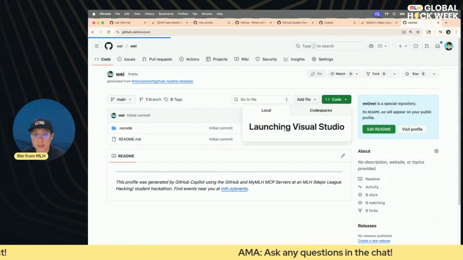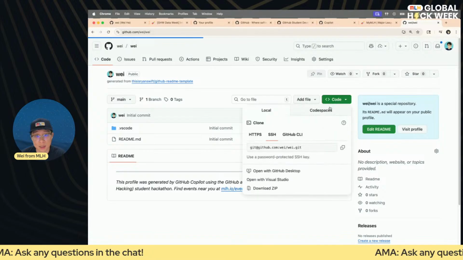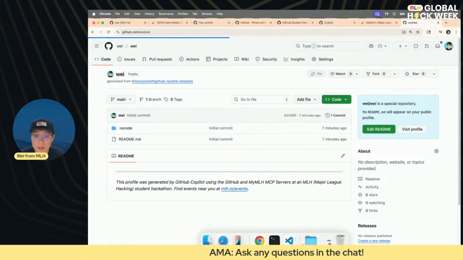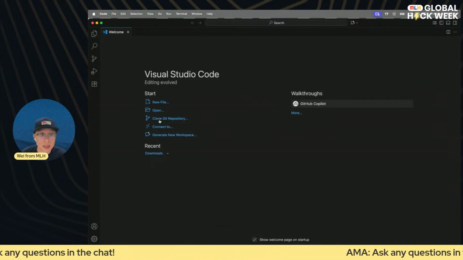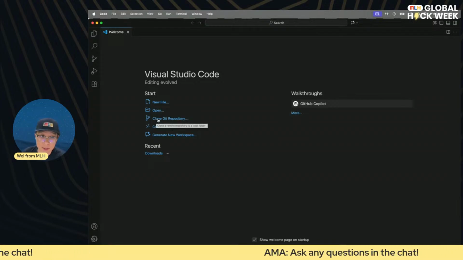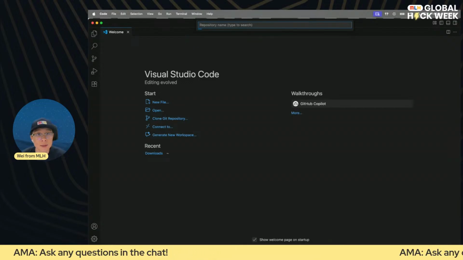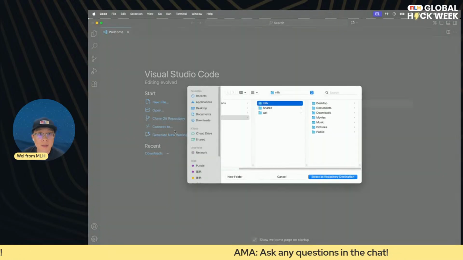Okay, this might not work, which is a-okay. We can clone this repository directly. All right, so let's just go to our VS Code window then. That's easy enough. And I'm actually going to select the Clone Git Repository button here to get the repository down to my local environment. I will click Clone from GitHub, and I will say way/way, excellent.